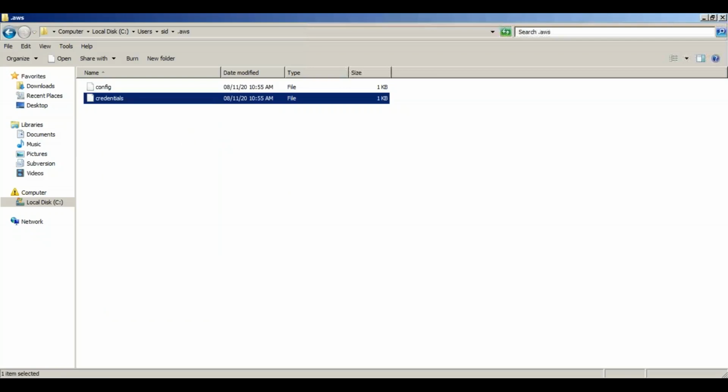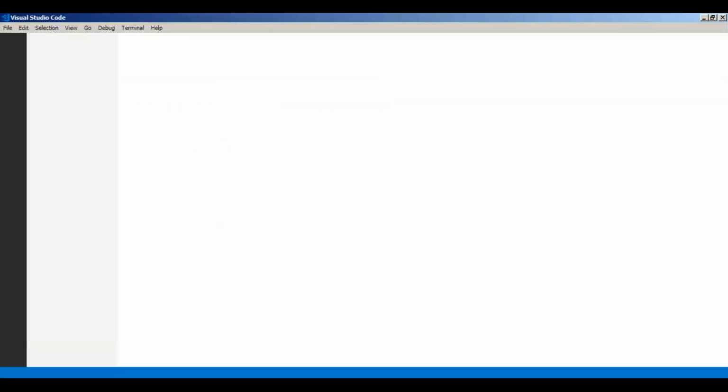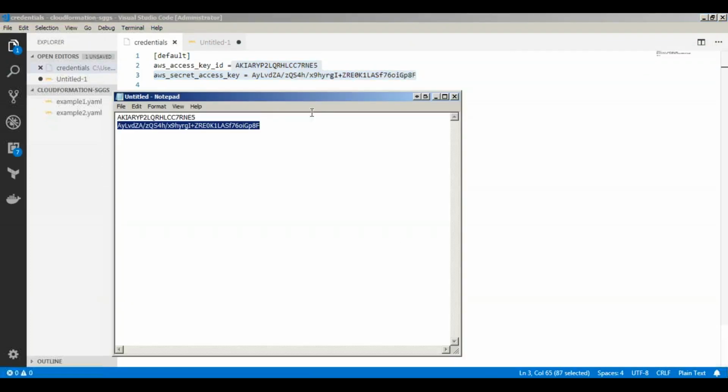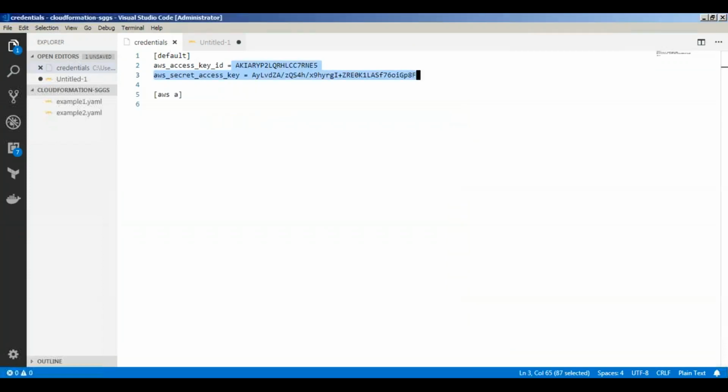Let me open it with whatever text editor you can open. So here you will see the key. If you see, this key is the same thing that I entered, right? So people can get hold of this. So how to avoid saving credentials? We will see that in the coming classes.